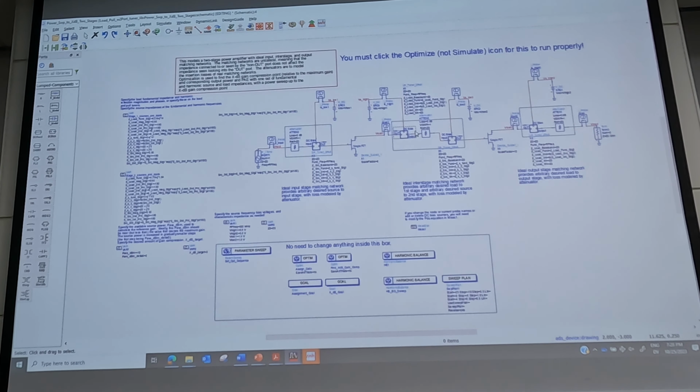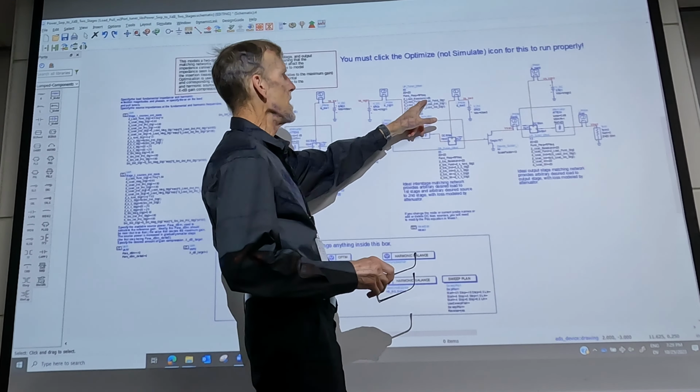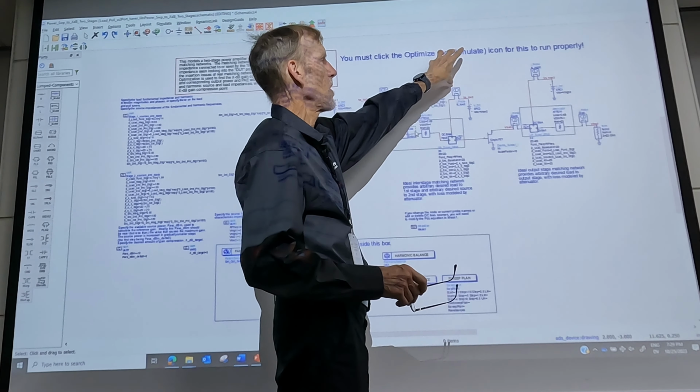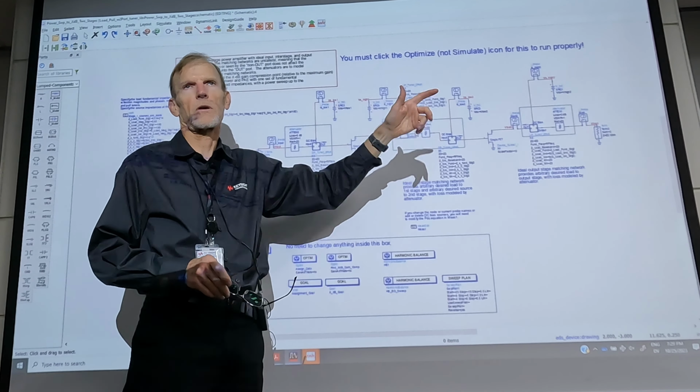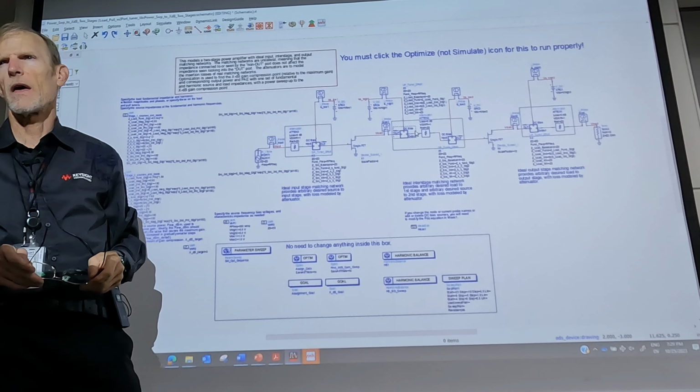I don't know if it is possible, but in some setup, once we get each stage's load pull, and then automatically the result is plugged into this two-stage amplifier, then it will be very simple to accomplish the goal. Yeah, you could run a load pull, look at the load pull data, write it into a file, and then this could be read in from a file. I could have a data access component on the schematic and just read data from that file directly. Then you wouldn't have to type it in by hand. Yeah, that's possible to do.